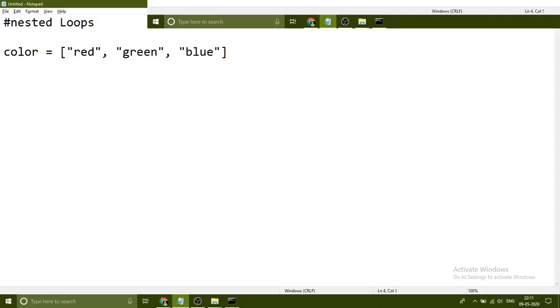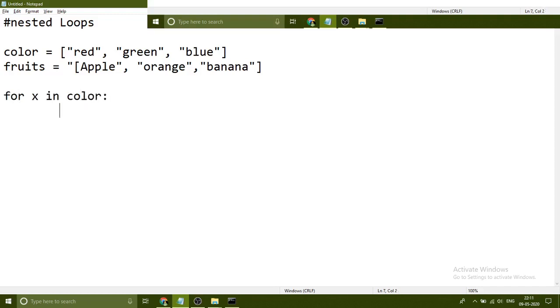Then I have another list called fruits equal to apple, orange and banana. So the nested for will go as for x in color, then I'll define one more, for y in fruits,